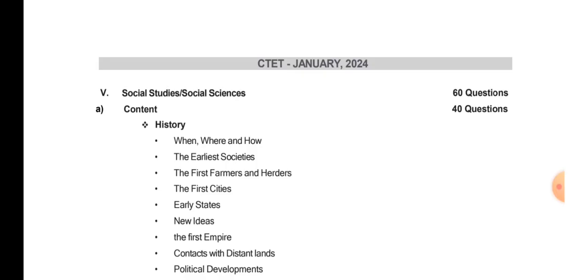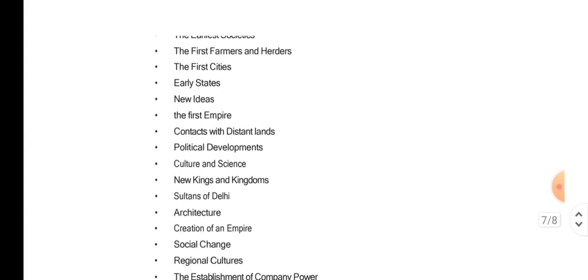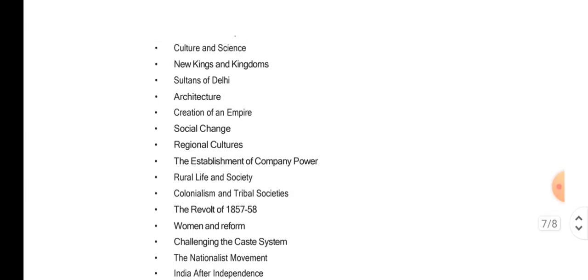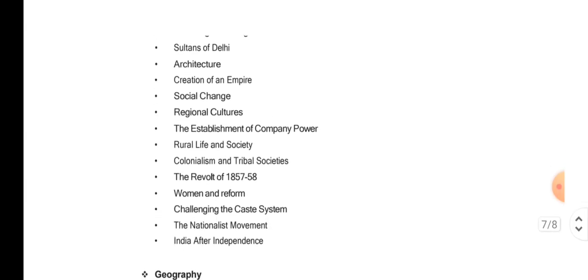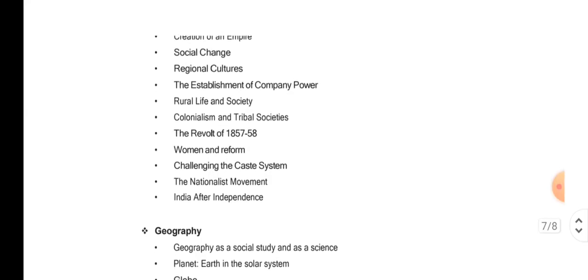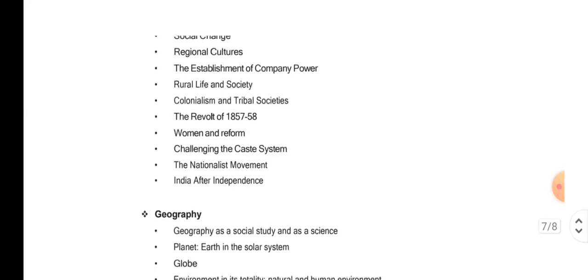When, where and how we should know about something. The earliest societies we should know. First farmers and herders we should know. The first cities, early states, new ideas, the first empire, contacts with distant islands, political developments, culture and science, new kings and kingdoms, then sultans of Delhi, architecture, creation of an empire, social change, regional cultures, the establishment of company power, rural life and society,